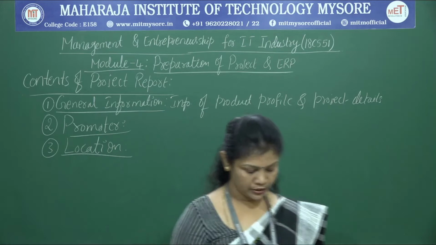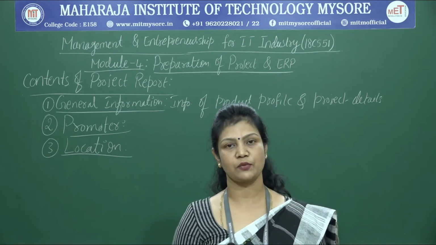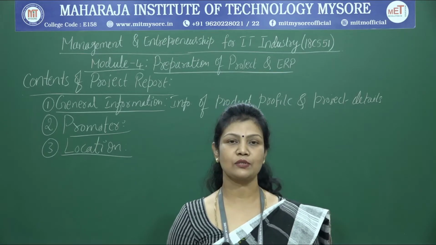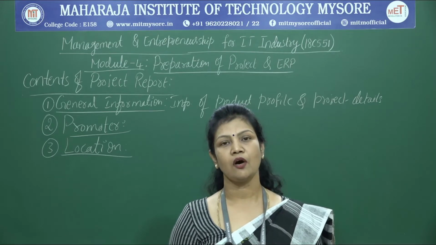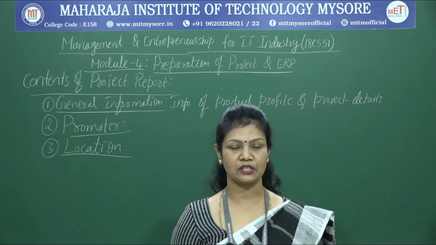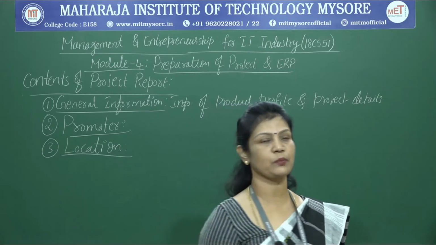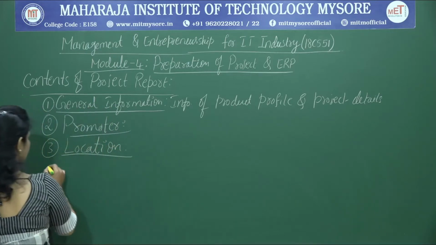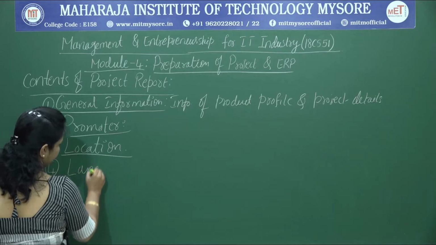location. Here, the exact location where the project is going to be carried out needs to be specified, and also whether the location is owned by the owner or whether it has been taken on lease or rent. All this information needs to be specified under the title called location. Then the fourth one is land and